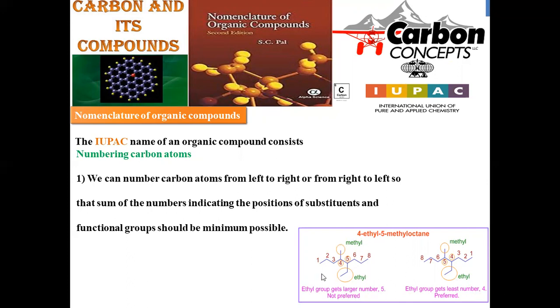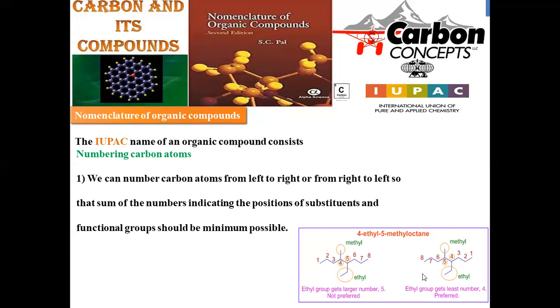So let us take a simple sample where you can start from either side. I'm going to start from the left side: 1, 2, 3, fourth position methyl, fifth position ethyl, and 6, 7, 8. So an 8 carbon chain with the 2 substituents on the straight chain. In the second possibility, I started numbering from the right hand side: 1, 2, 3, 4, 5, fifth position ethyl, sixth position methyl, seventh, eighth. Let us compare both. So here, fifth carbon with ethyl, fourth carbon with methyl; fourth carbon with ethyl, fifth carbon with methyl. Then which is preferable here?